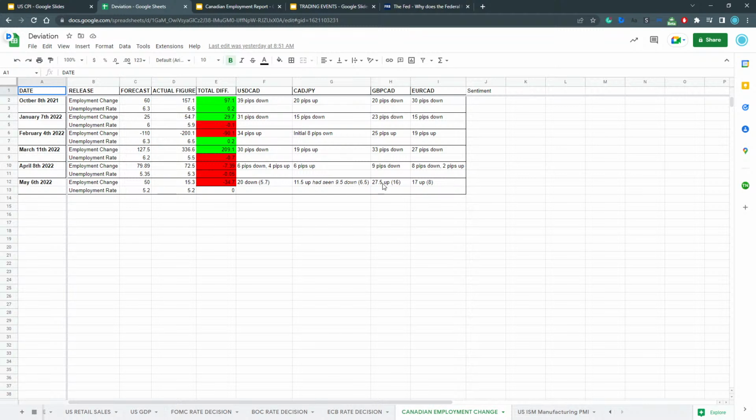GBP CAD had seen 27.5 pips towards the upside, and then after about 10 minutes, about 16 pips. And Euro CAD had seen about 17 pips towards the upside. So GBP CAD was a stronger mover there, although it was also a nice clean move compared to what we've seen on the CAD JPY and also the dollar CAD there as well. So I think GBP CAD will be one thing to be aware of too when we are looking at the markets. Okay, a couple of minutes left, not too long left.